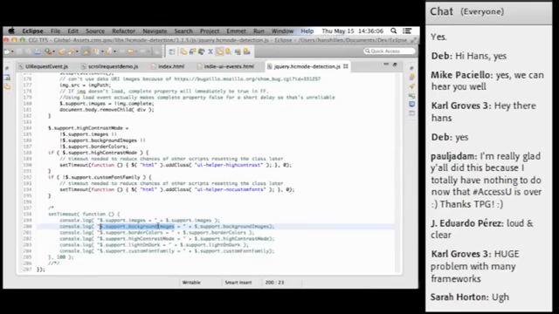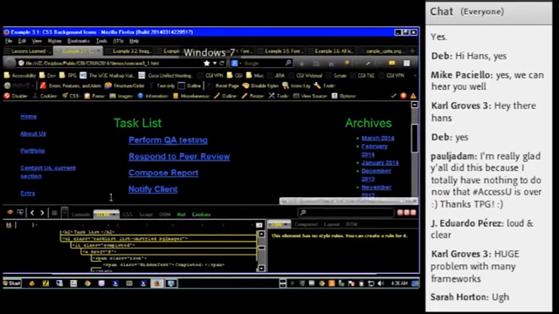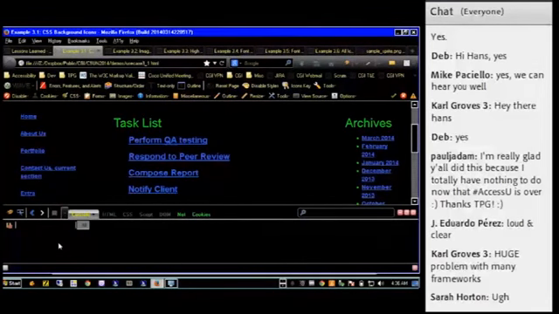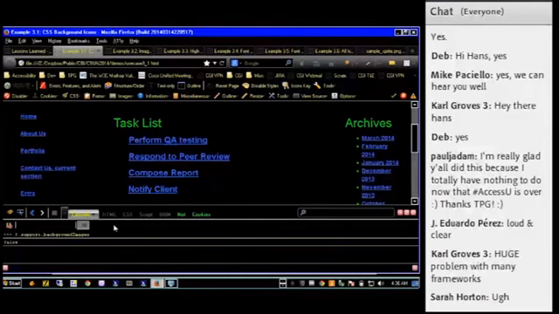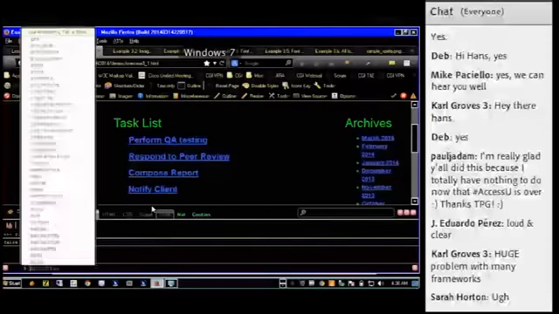So if you're in a situation where developers are insistent on using background images and they're willing to put in hidden text, this is a way that you can make that hidden text visible by detecting high contrast mode and then unhiding the hidden text.